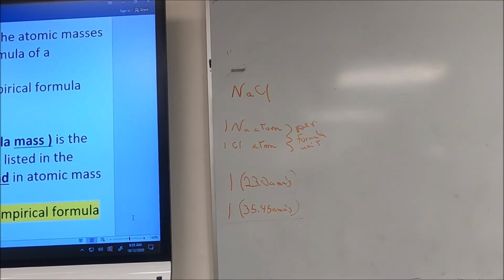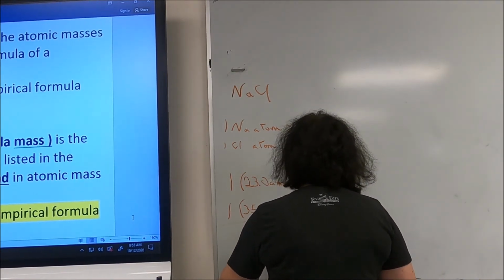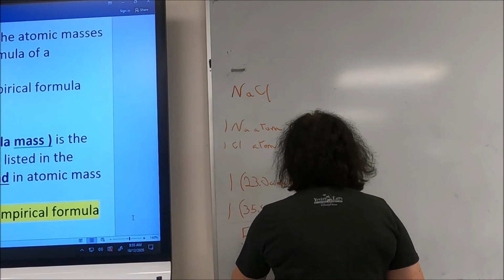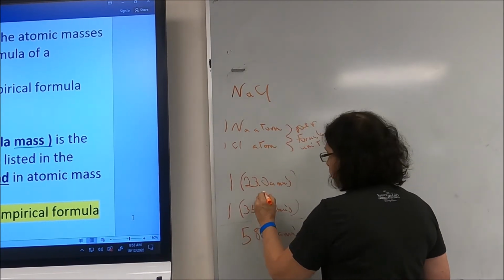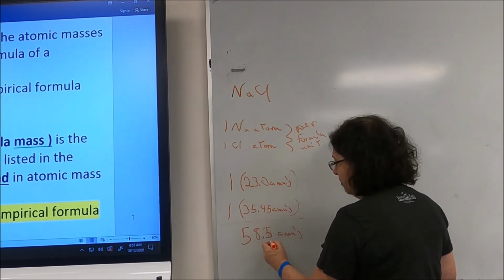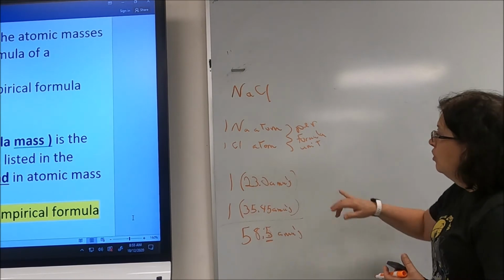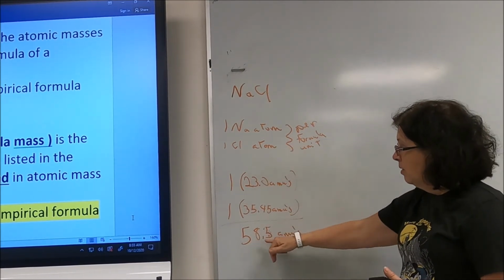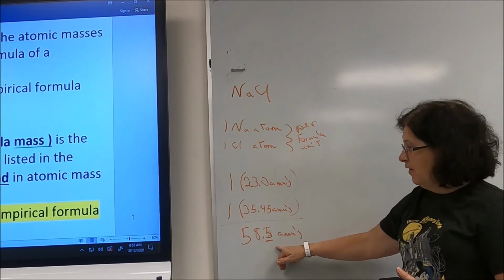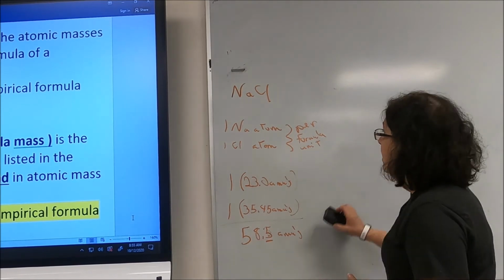23 plus 35.45, that's 58.5 AMUs. Since this one only goes one place past the decimal, when I add them together, I can only go one place past the decimal. So 1 empirical formula, 1 formula unit for sodium chloride has a mass of 58.5 AMUs. Okay? Now,